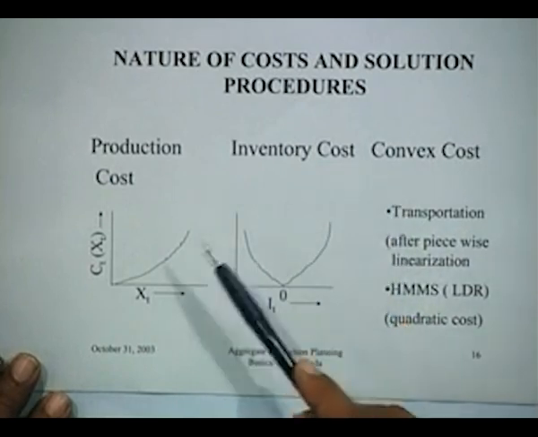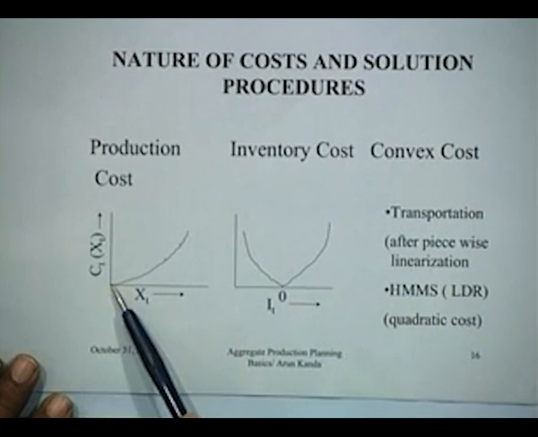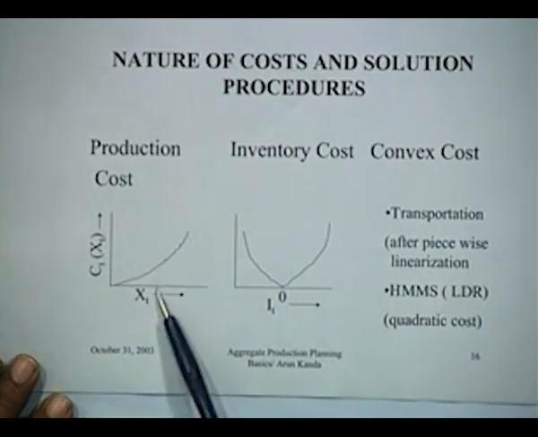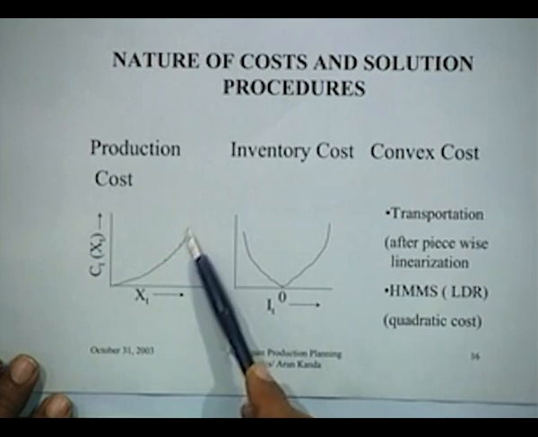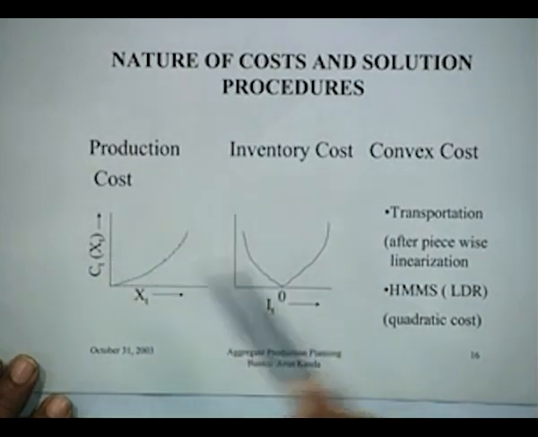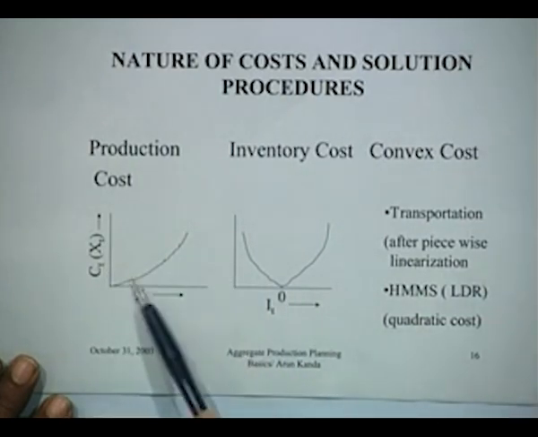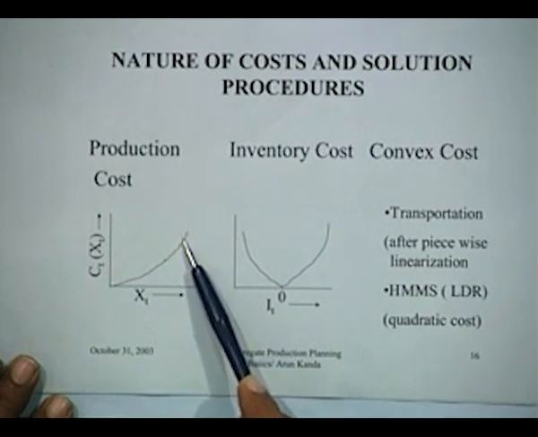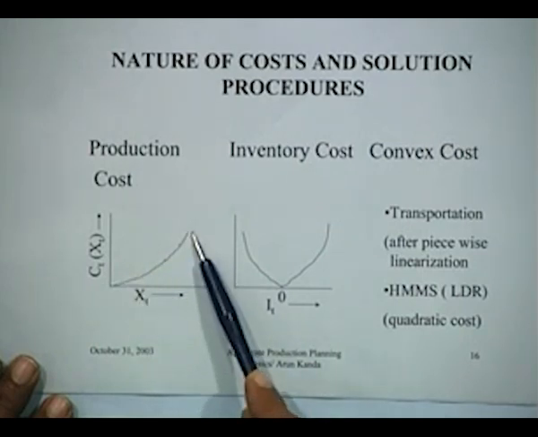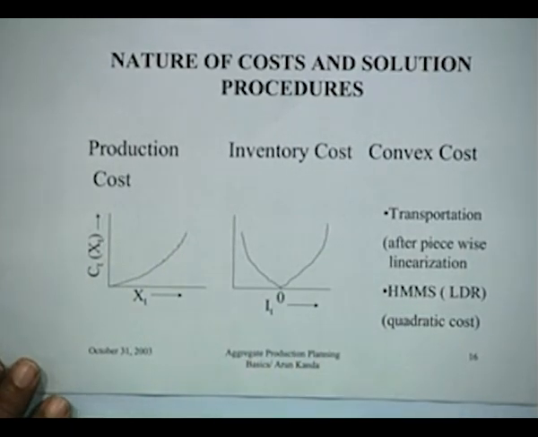When do you think this would be a relevant thing to happen? This would happen, for instance, when initially you have lower costs, and subsequently beyond a certain production level, the costs are higher. So if you are talking about regular time production, overtime production, and subcontracting, the cost slopes would be progressively increasing, piecewise linear in that sense, right? So those costs are therefore convex. In a convex cost, if you join any 2 points on this cost function, the line segment lies wholly above this particular cost, right? That is how you define a convex cost function.